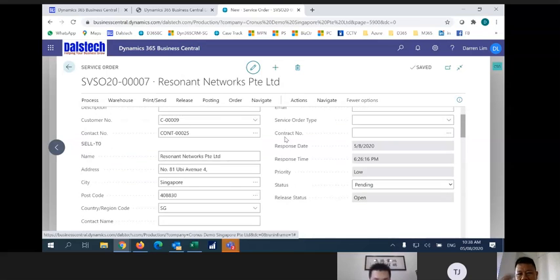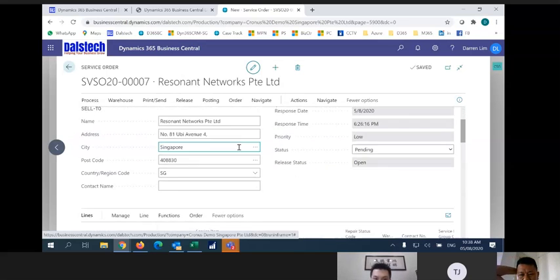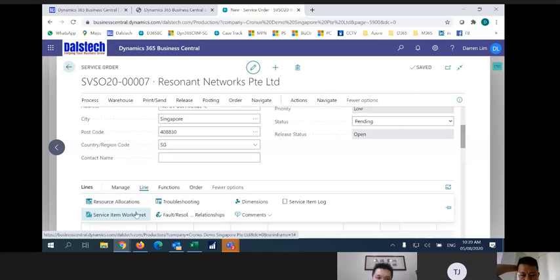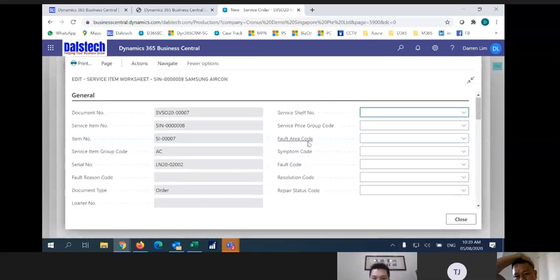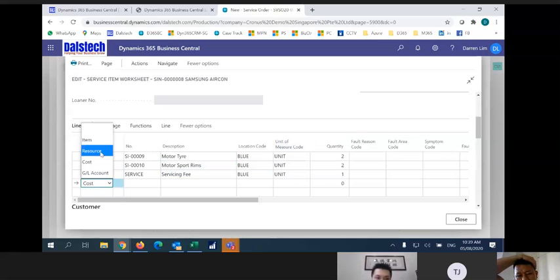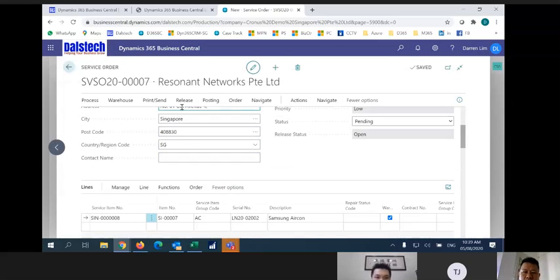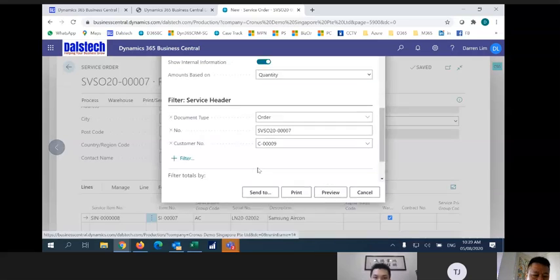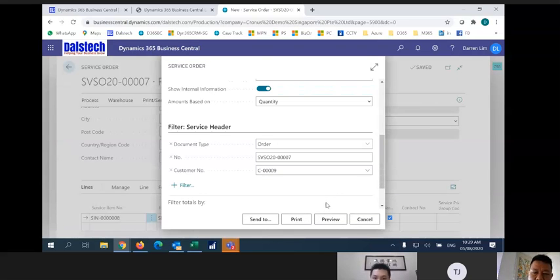So here I do a service order already, right? Then the service order worksheet is more on the service report, where your guys key in what they do, right? They can type comments also, so they can just type remarks, everything, so that it will get printed. So of course you can print out the service order. This service order would also be customized for you according to your layout,